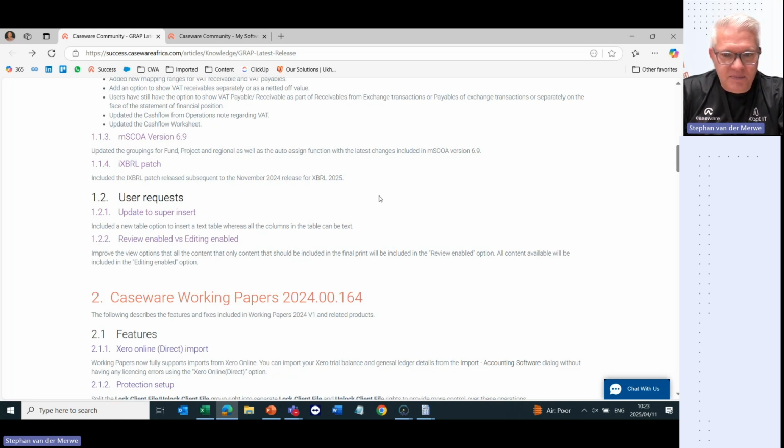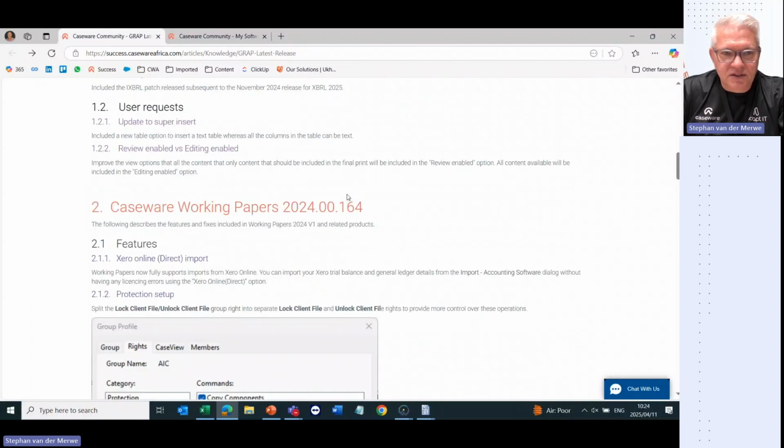And we believe that this compliance requirement could possibly be rolled out not just to companies but to other government entities as well. So we are ready for that. But for that compliance, we needed to add another patch from CIPC also into this release. We added a new super insert option to insert a text table, which I will show you, and we've improved the